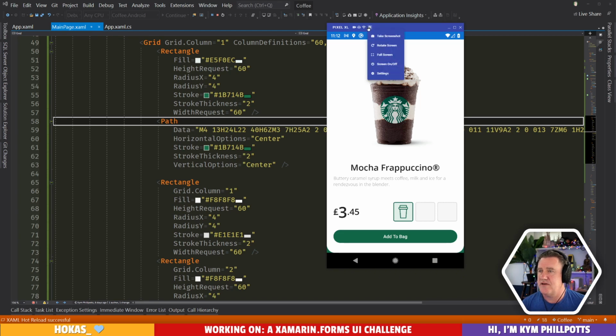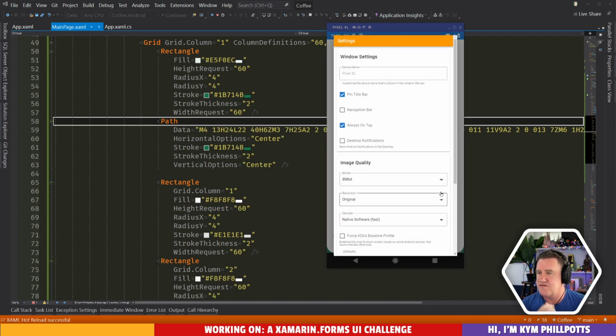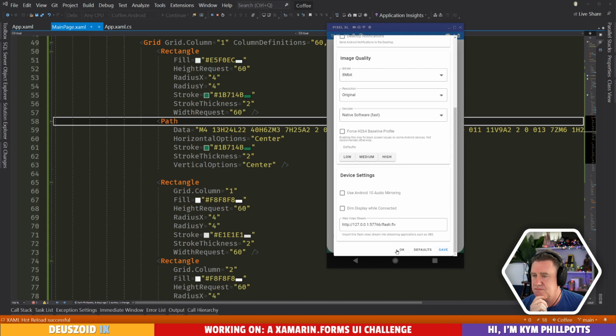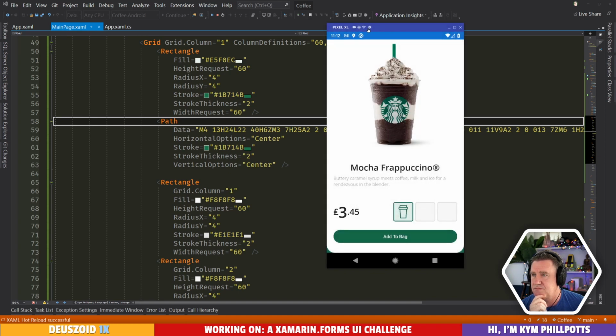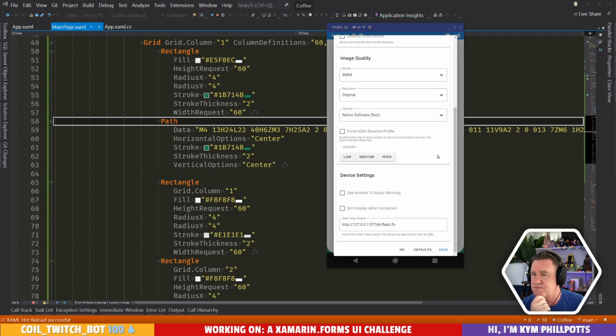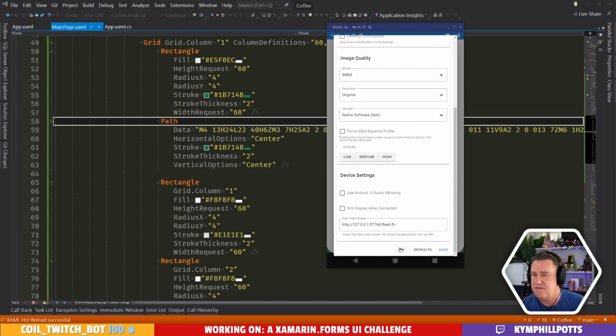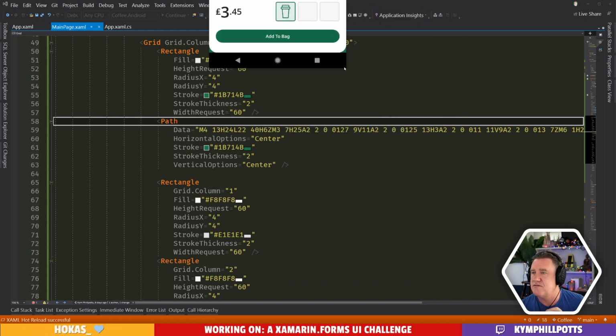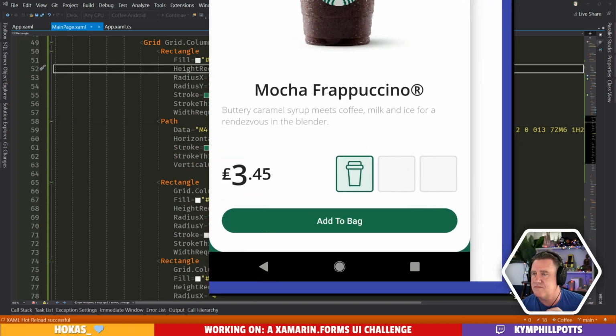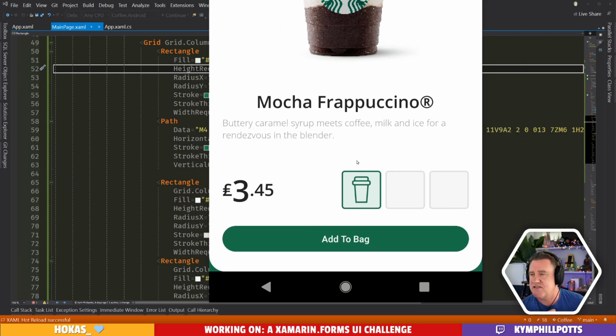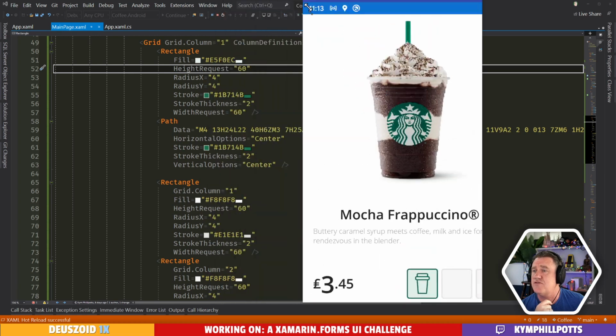Let's see what happens if we have a look at this full screen. Where's our size mode? Is that little scaly thing? Oh well, I'll just scale it. Oh yeah, no, our cup's smooth. It's just the way it was resizing when it was smaller. All right, so that's a path. We love paths. Paths good.